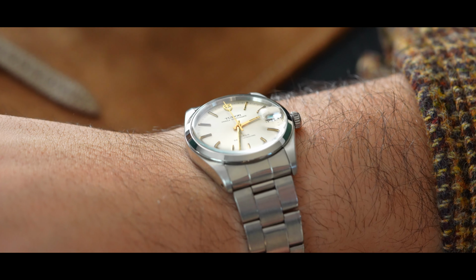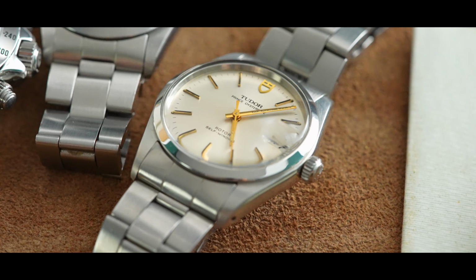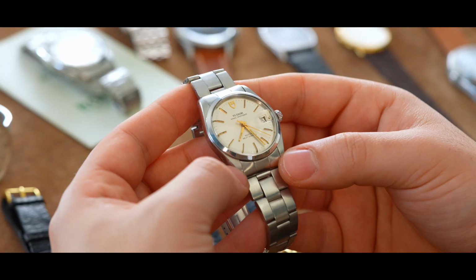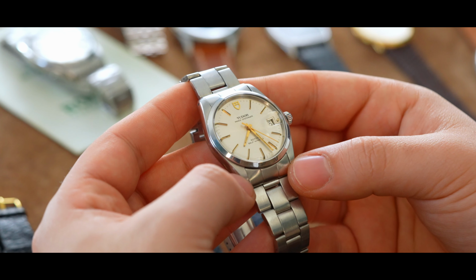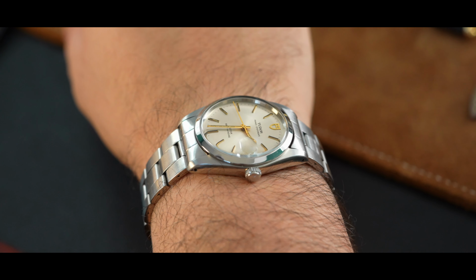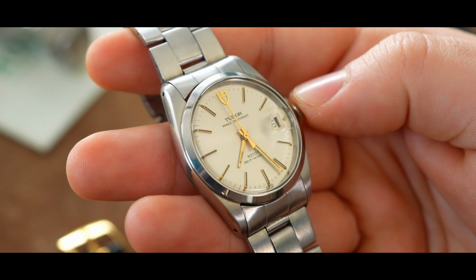But this is a 74,000 without any letter at the end, indicating it's an early example with an acrylic crystal and a Prince oyster date on the dial. This is a gilt dial, silver with gold hands and hour markers, also with its original oyster bracelet. A true affordable alternative to the OysterDate and Datejust in my opinion, but you're still getting a whole lot of